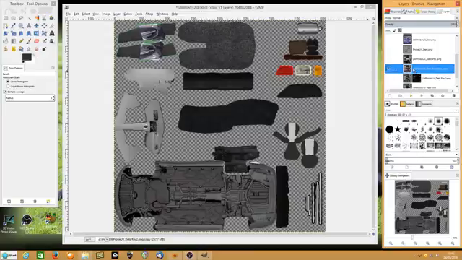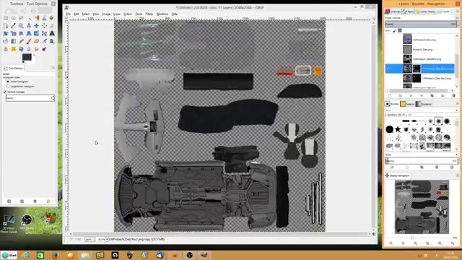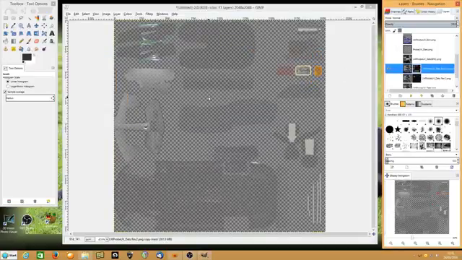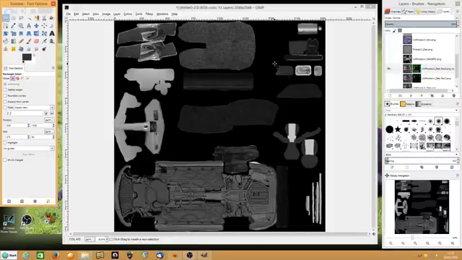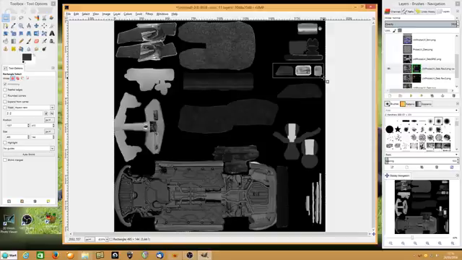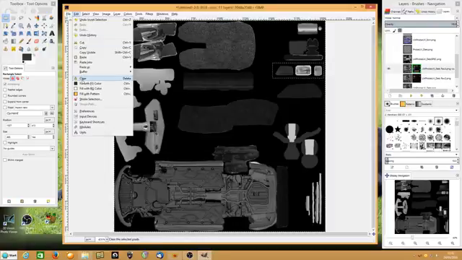So what we'll do is we'll say add a layer mask, once again grayscale copy of the layer, show the layer mask. Then I'm actually going to select this bit, I'm going to invert my selection, and I'm going to fill it with white,